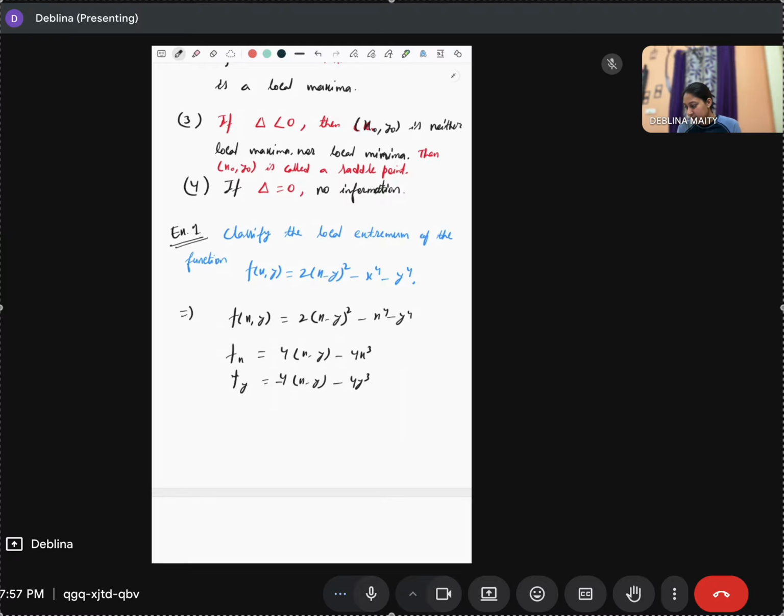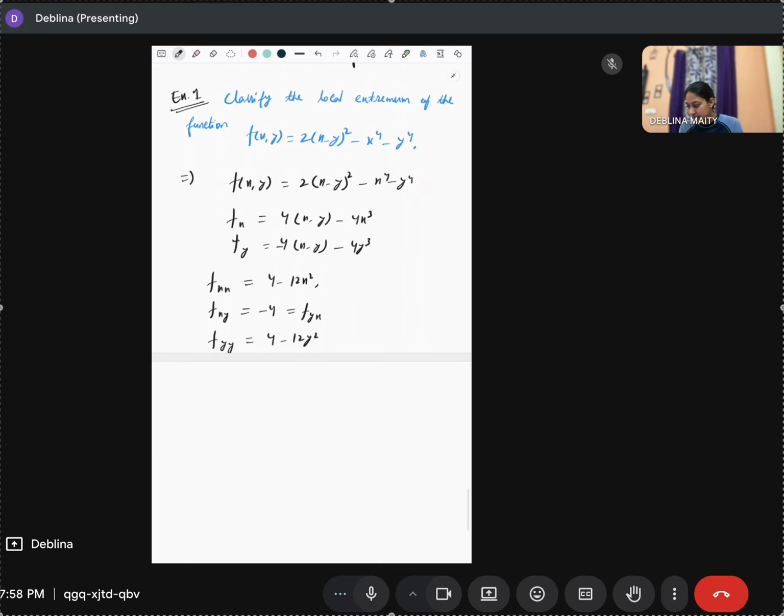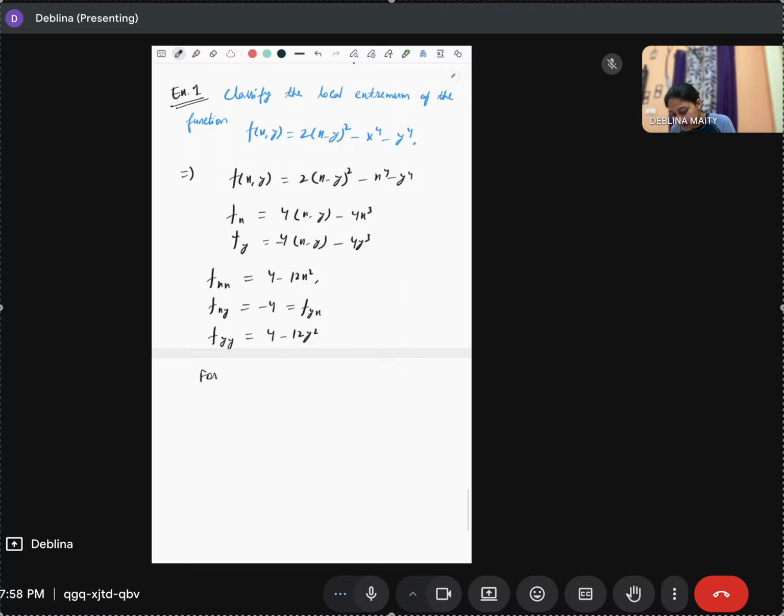Right. So for critical values, also find this fxx and fxy, all those. So fxx is, fyx is same, and fyy is, right. So for critical values, critical points,